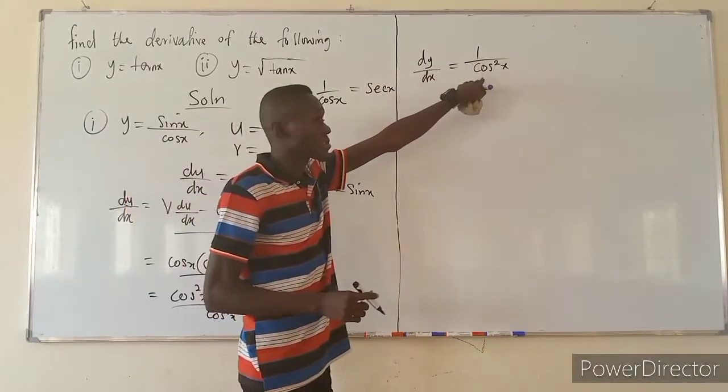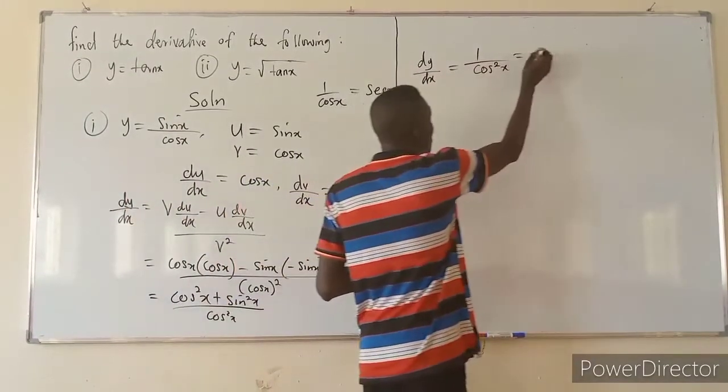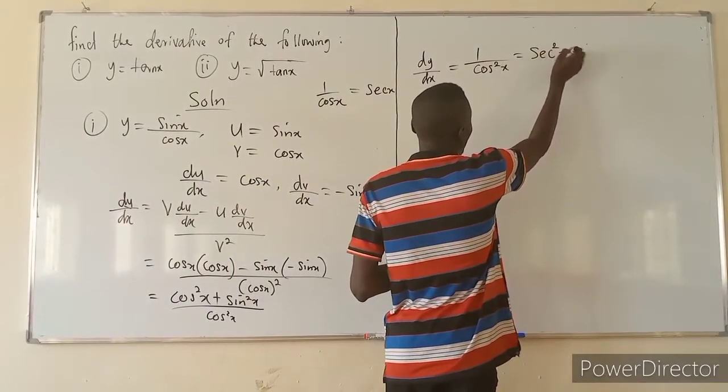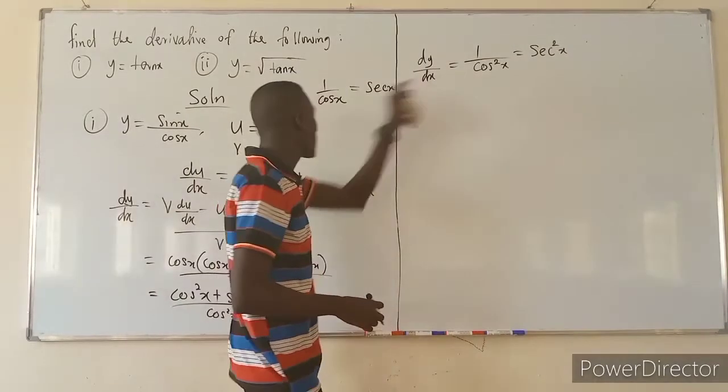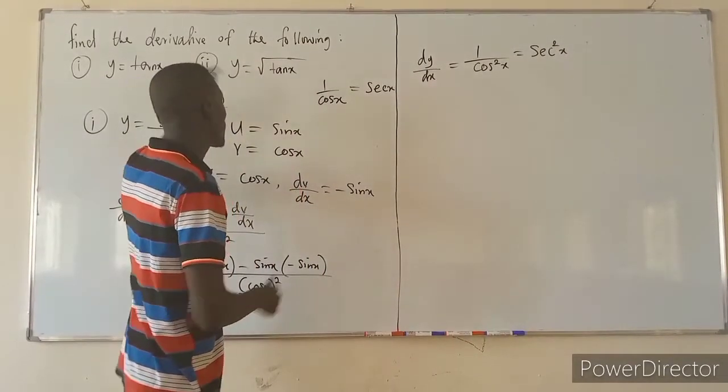So when it's 1 over cos square x, it will be what? This is going to be sec square x. I'm putting the square because the cos was squared. So this is the derivative of y equals tan x. So for the second one now,